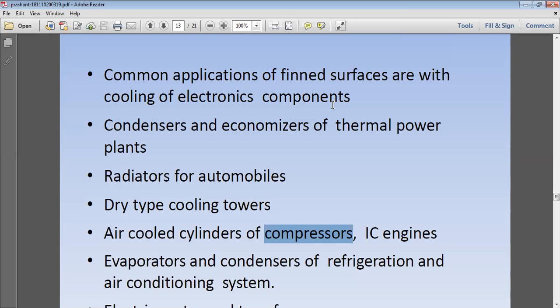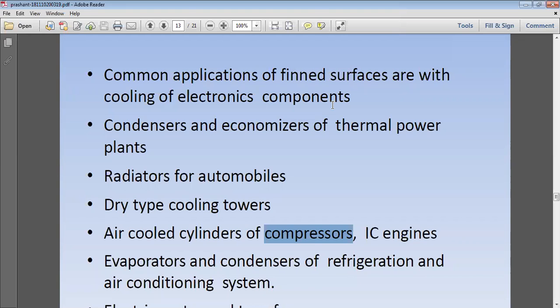So first stage compressor means atmospheric air enters and it is compressed to high pressure. This high pressure, high temperature air is again sent to the multi-stage, that means the HP cylinder. So in this case, before going to the HP cylinder, we need to control the temperature of the air. So we need to allow the compressed air into the HP cylinder.